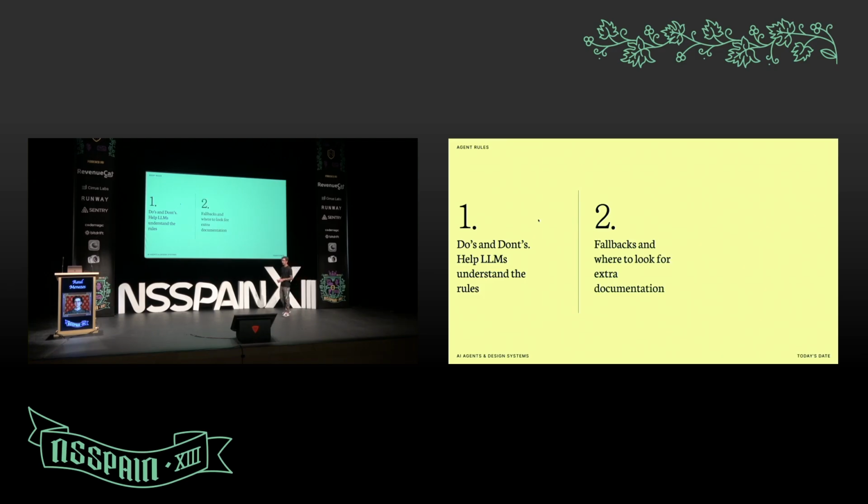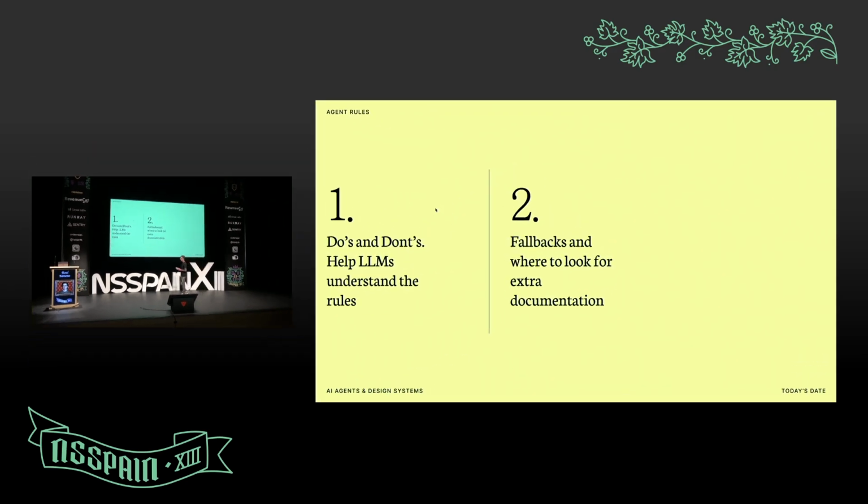We have the fallback. If something is not found in the code base or in the instructions, where should I look? And design patterns to follow, which is really important, especially in enterprise projects, because you get to a point where you need to follow standards. If you want a completely autonomous agent that can actually produce UI, you need to follow those design patterns, otherwise your PRs get rejected. Agent instructions can do much more than that, but that's basically what I use daily.